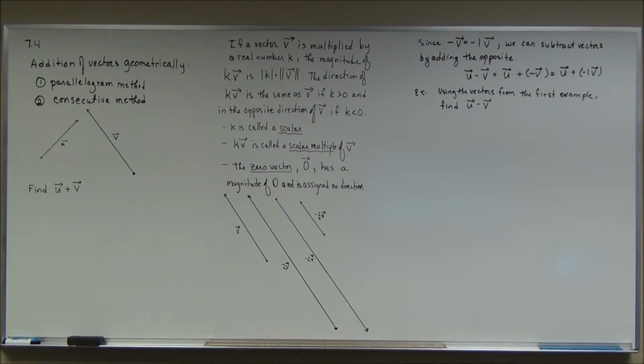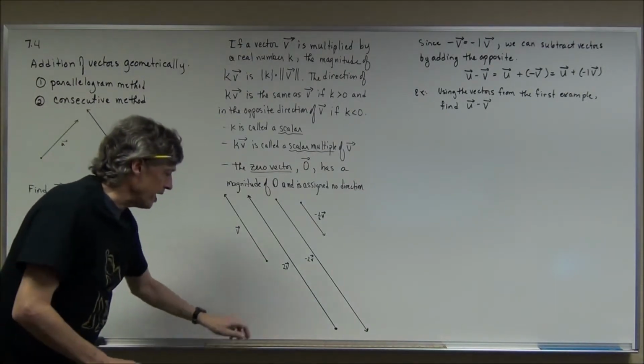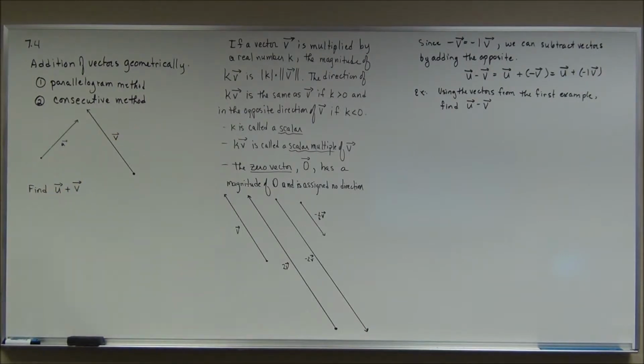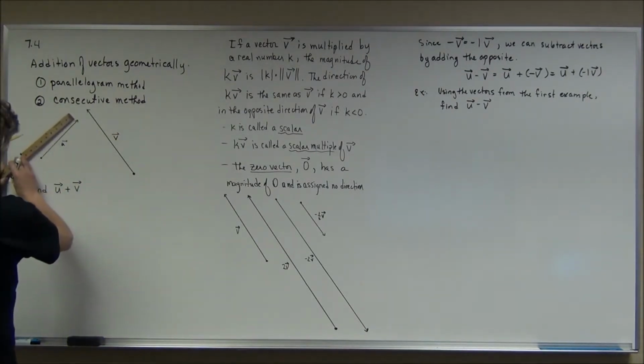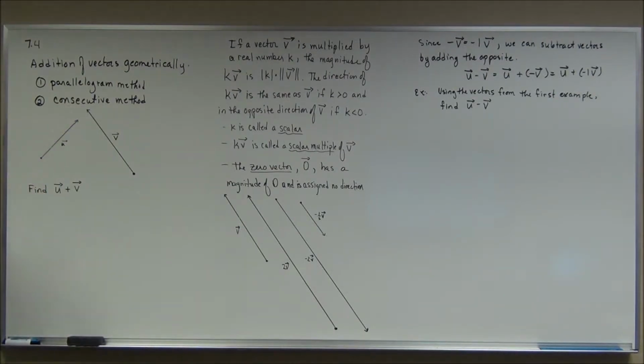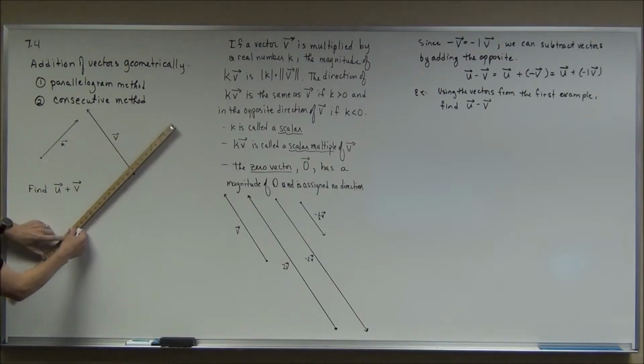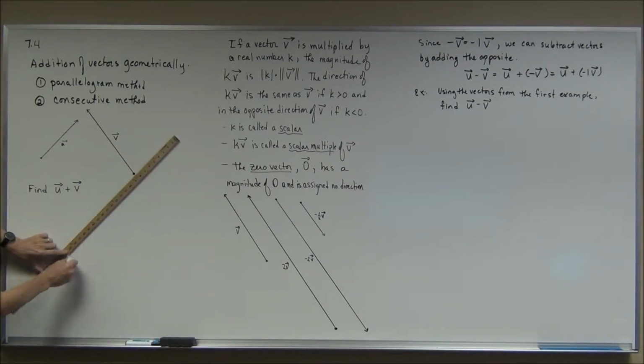So for me to take these two vectors here, vector u and vector v, and add them, I'm going to have to construct these two vectors. So one of the things I'm going to do is measure its magnitude. It looks like 8 inches this way, and it's kind of angled off. Now notice here, it's asking me to add u plus v. As it turns out, v plus u gives you the same thing. Vector addition is commutative. So I'm going to move this stuff out of the side here, and I am going to do my very best to construct